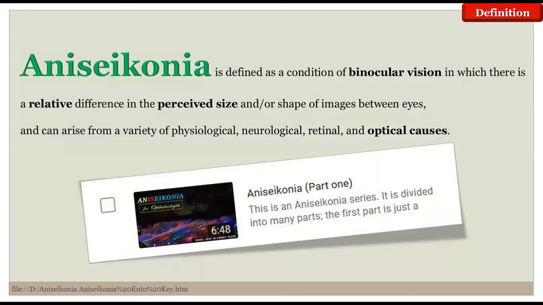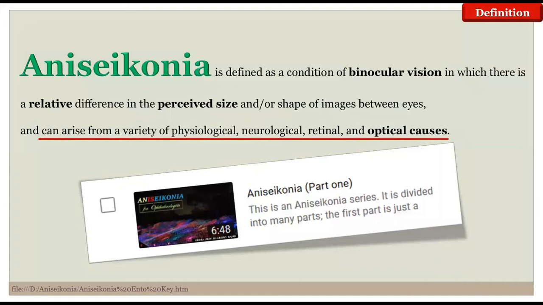So aniseikonia is defined as a condition of binocular vision in which there is a relative difference in the perceived size and/or shape of images between eyes. And now here is the hint about the etiology, and it can arise from a variety of physiological, neurological, retinal,